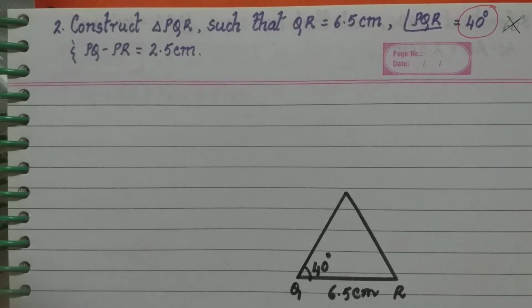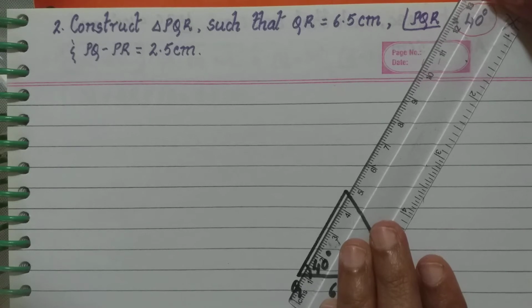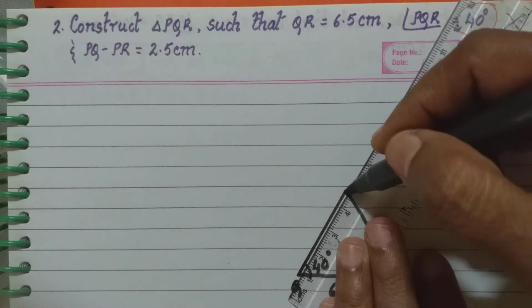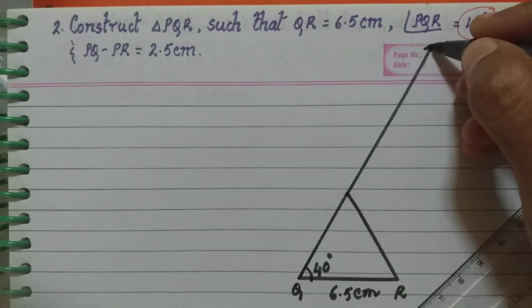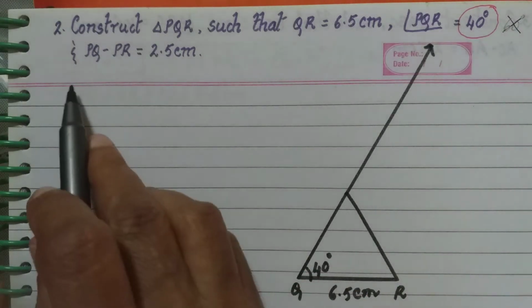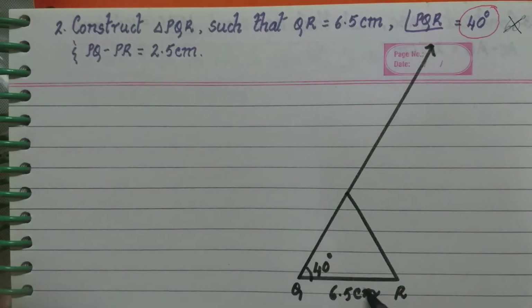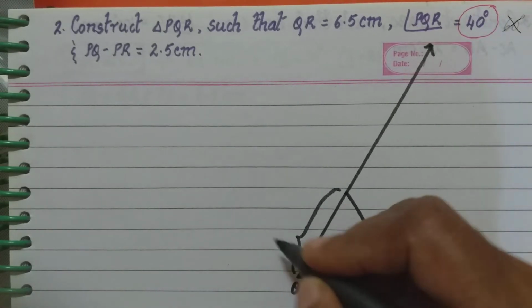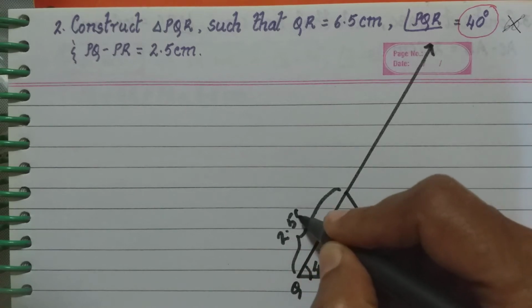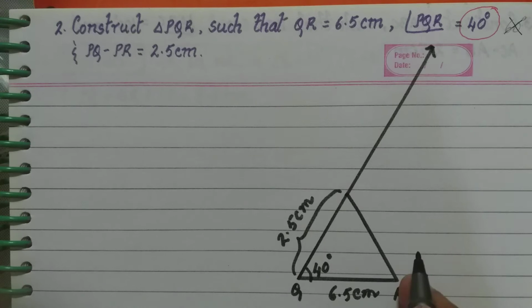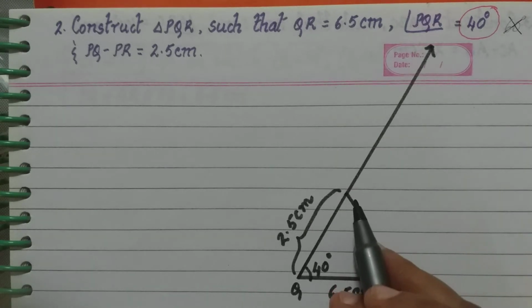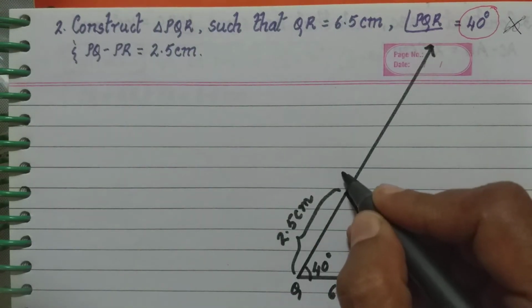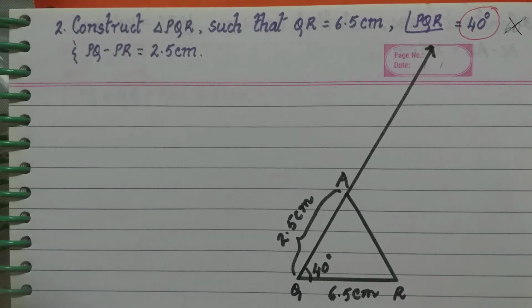Now I also told you that we have to produce this line further because it is actually a ray which we draw. So we produce this line further to form a ray, and this distance PQ minus PR is 2.5 centimeter. That forms this. So this distance is 2.5 centimeter. Okay, so once this is done, now this vertex will not be P, it will be other than P, Q and R. Say suppose again we take this as A. Okay, this vertex we take as A.